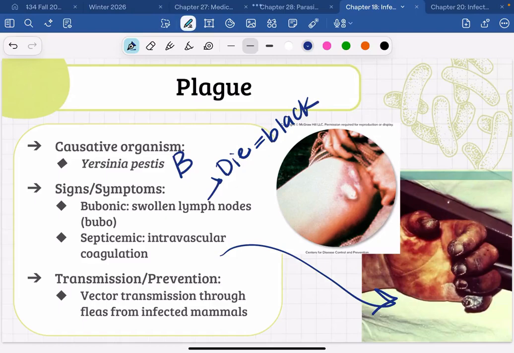Has anybody ever been to the Grand Canyon? They tell you about it there. So in the United States Southwest, so in the warm areas, the squirrels and things in the Grand Canyon and in the Southwest carry plague. There's actually stories, and I don't know how true this is, but I think it's fun to think about, that when you go to the Grand Canyon, if you've never been there, there are signs everywhere that tell you not to feed the squirrels.